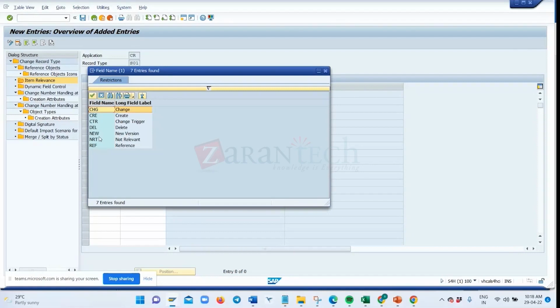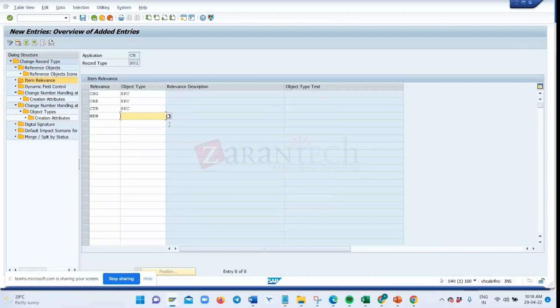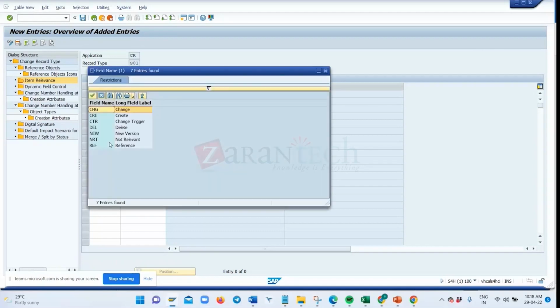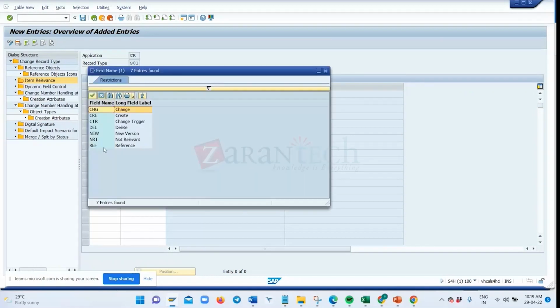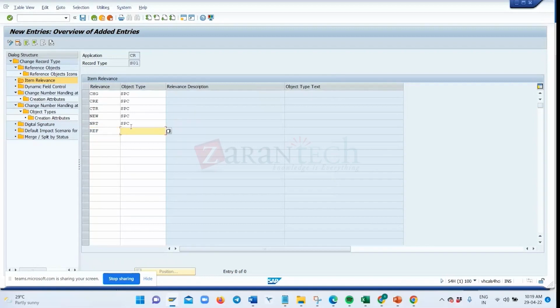New version, SPC. I don't know whether new version was included there or not, but I'm just trying to add it. And then what was the other one? The last one is reference, so it is SPC. So I have maintained the relevancy for this object type which we just added before this step, so that for this object